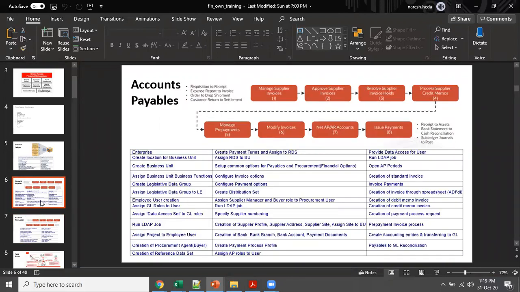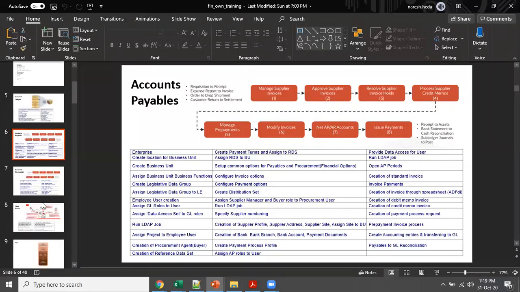And this is even my primary focus, because anyone who is joining classes is aiming to pursue it as a career, or maybe they want to deep dive into Fusion Finance. Like in the case of Dipesh, he already has hands-on experience, but what he is looking for is deeper knowledge about the payables module and all. So this is something that I would be focusing on. I would be giving a good amount of time to payables and receivables. We will do reconciliation and all.